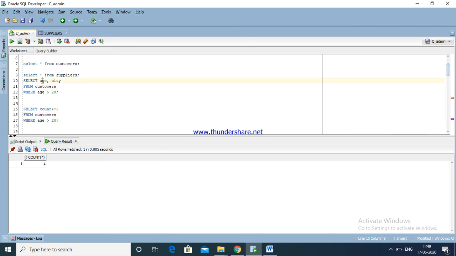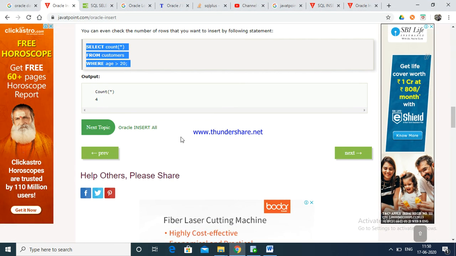Here also we can select; this is also the same statement. Here we have COUNT. See here, it's already showing count star. See here, 4 records. This way we have completed insert.